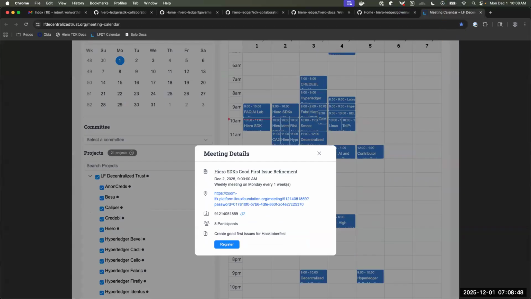Yeah, I think in that meeting too, we can maybe define the guidelines a bit more of how we want to do a good first issue, and then if we want to call it a level two issue or level three, we can define that a bit more as well.